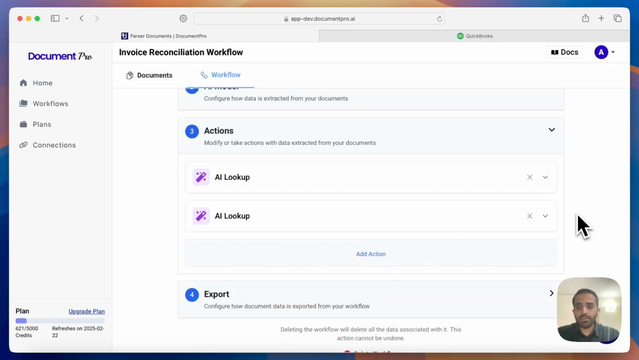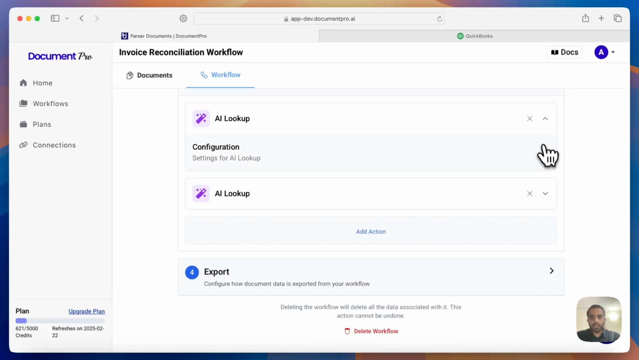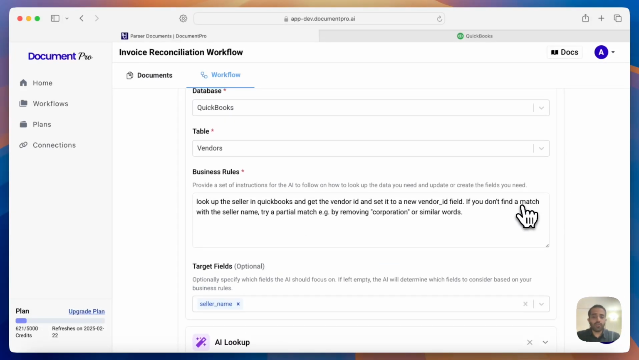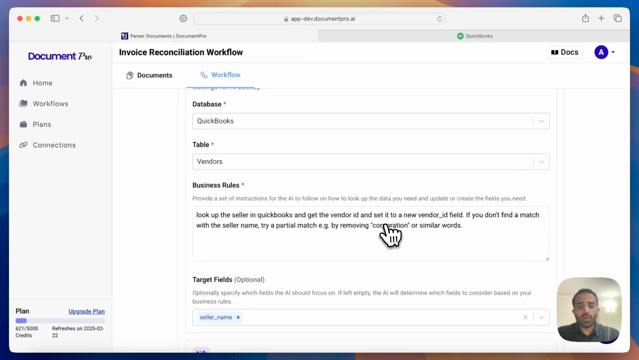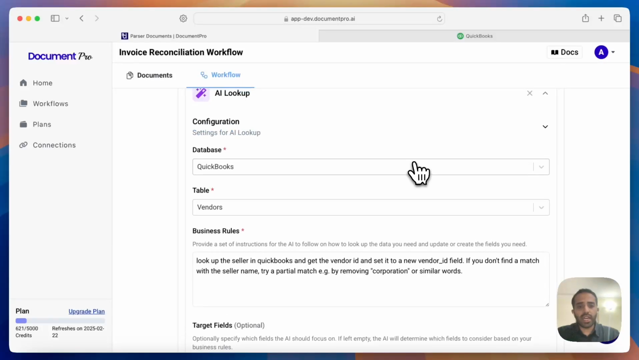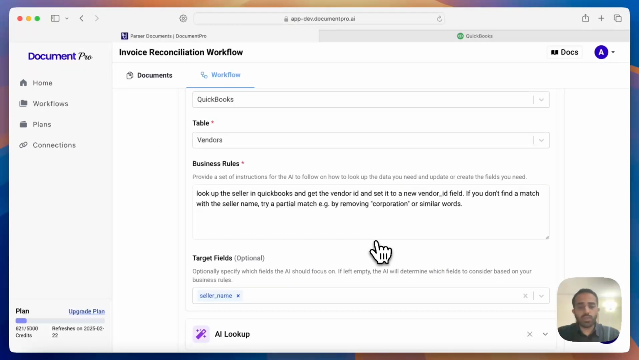We do this with 2 steps. Firstly, we try to find a corresponding vendor ID in QuickBooks. The way we do this is we have an AI lookup where we provide the table within QuickBooks that we want to search, as well as some plain language instructions for how we want to search for this vendor,